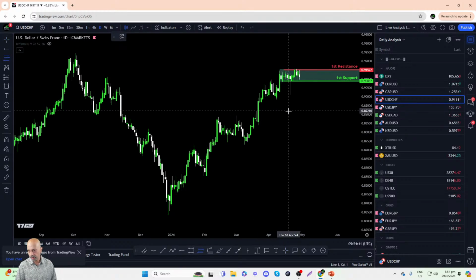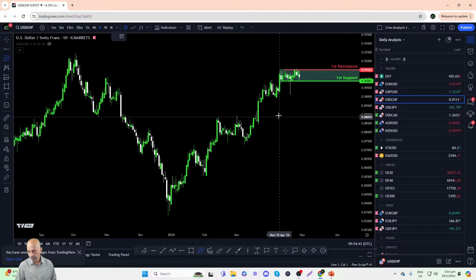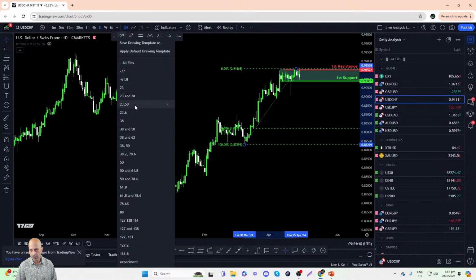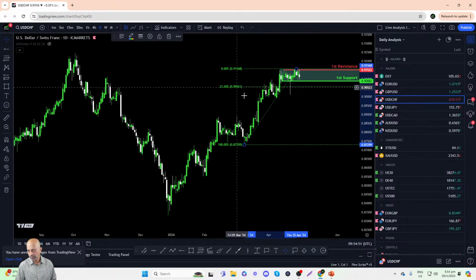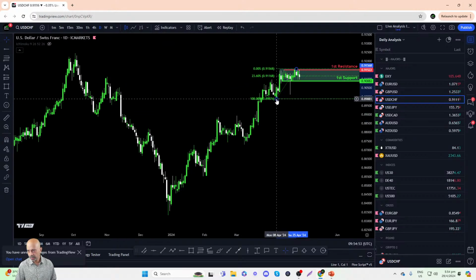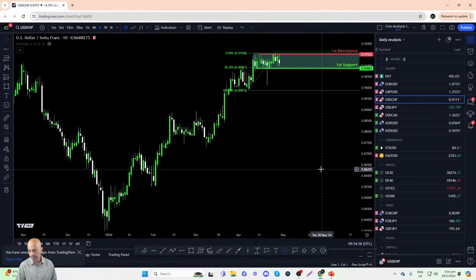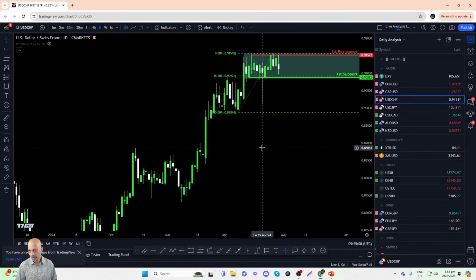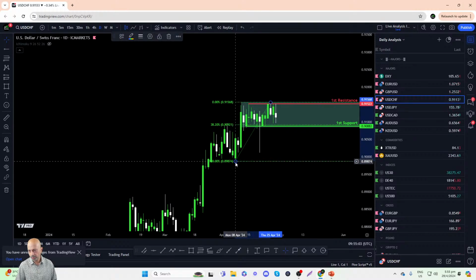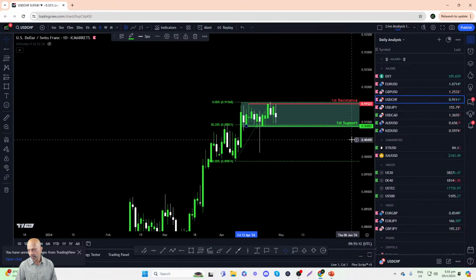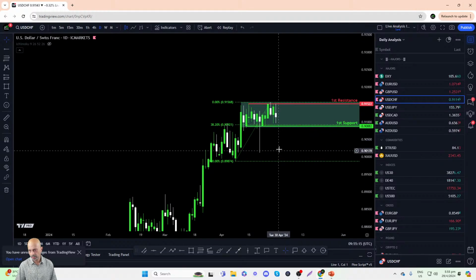Perhaps there's a Fibonacci retracement that we could use from here, this low here on 8th of March going up to the high. Is there a 23 that we could potentially use? Not really. Maybe from here there might be a 38. Let's see. I'll just zoom in a little bit here. So when we run a Fibonacci retracement from this low on 8th of April going up to the high here on 25th of April, we see that a 38.2% Fibonacci retracement aligns pretty well with the pullback support at 90.82. So let's just keep that on for now.